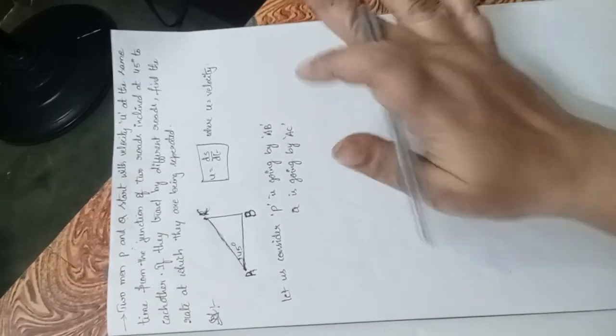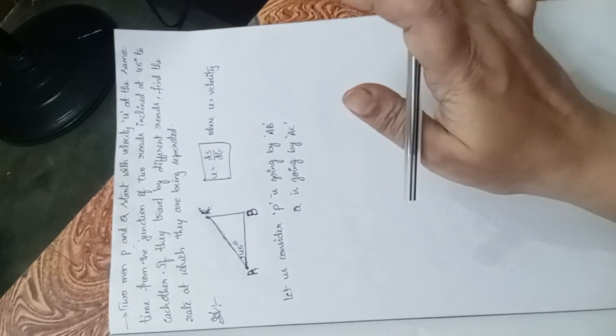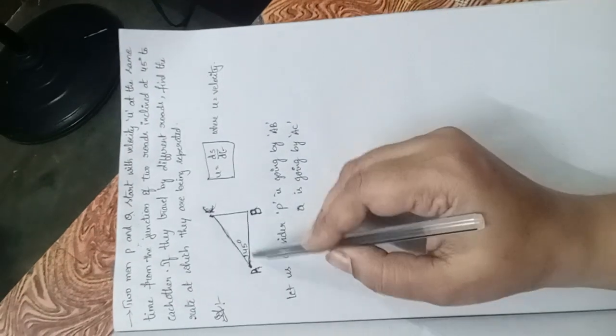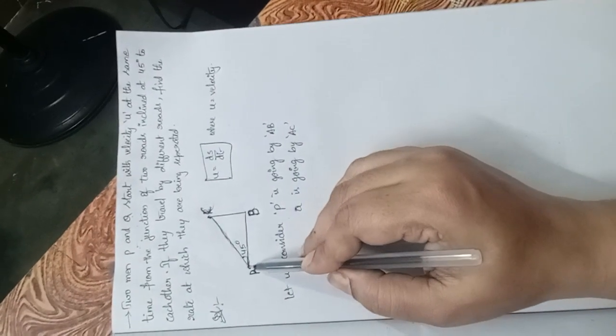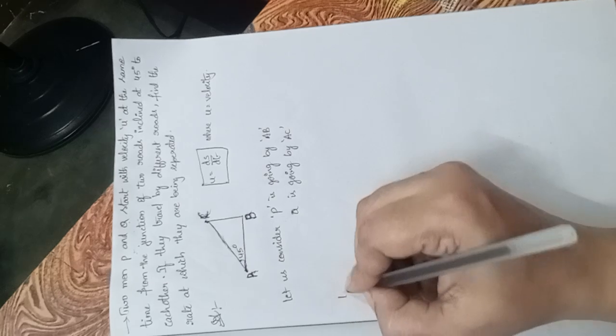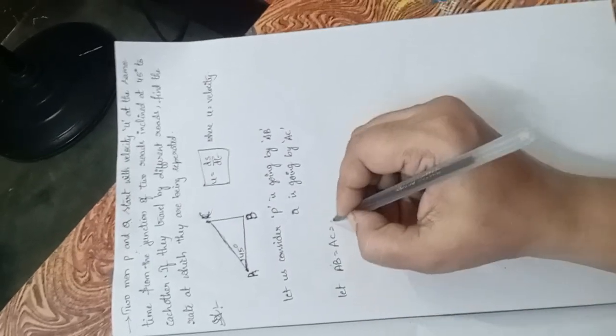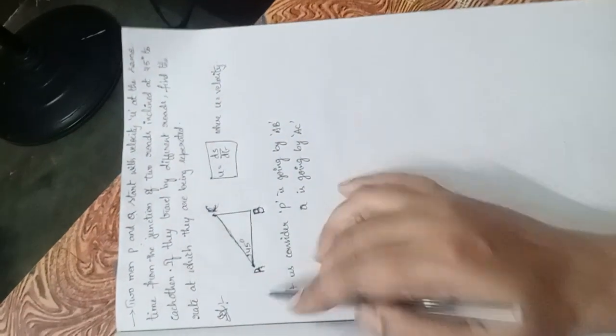Both going with same velocity at the same time from the junction. From here they started. Okay, so now let AB equals AC equals x, because both are going with